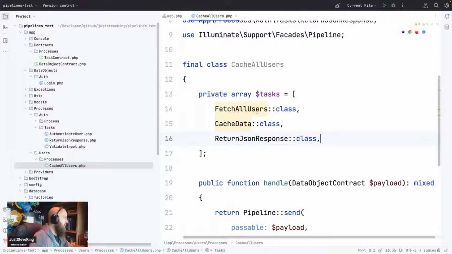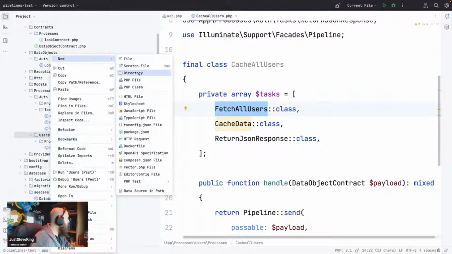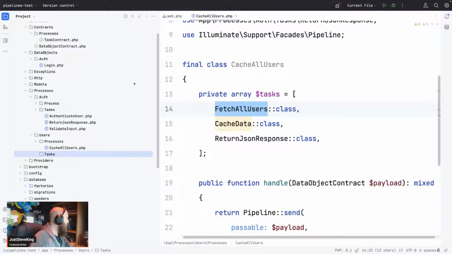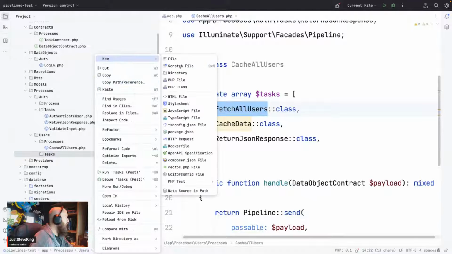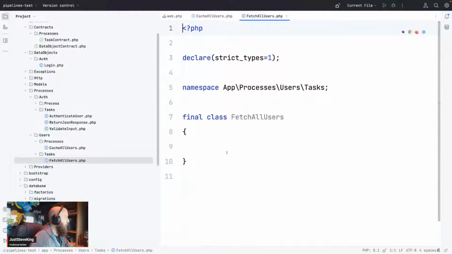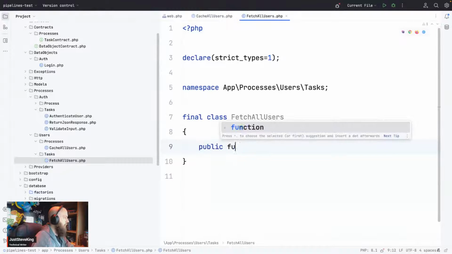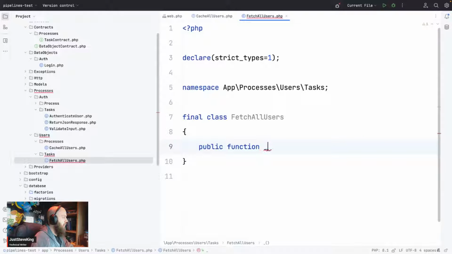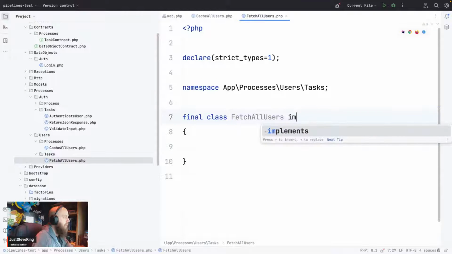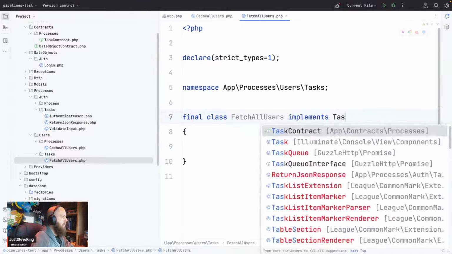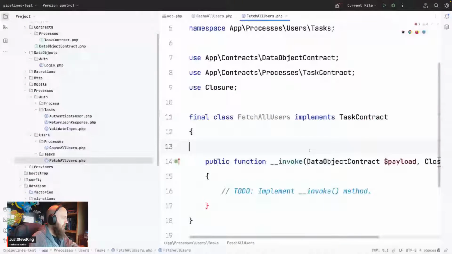Then return my JSON response. So, you know, tasks here. So we're going to want a PHP class called fetch all users, public function. Wait a minute. Let's delete that. Let's add the task, add the stub. So here's our data object, and what we're going to want to do is say, okay,